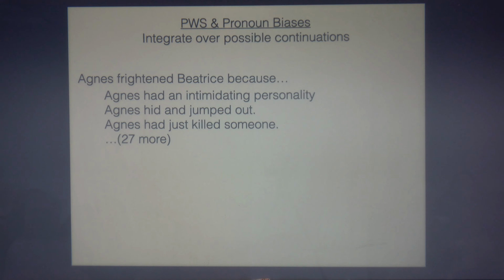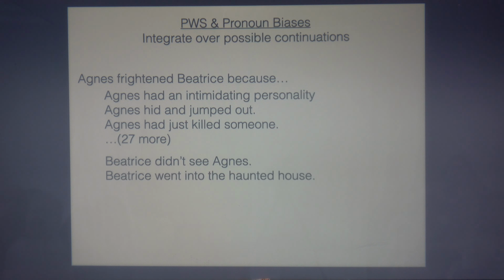We ended up picking the 30 best. They generate hundreds of these and some were crazy. We just looked through for patterns, things that got repeated a lot of times, and then beyond that, picked ones that seemed nice to me. The goal here was just to have the particularly high probability ones, because we don't really have to worry about low probability continuations. They're not going to add much to the integral. And then we get Beatrice-related continuations. Beatrice didn't see Agnes. Beatrice went into the haunted house. Beatrice is prejudiced. And again, we get 30 of those altogether.